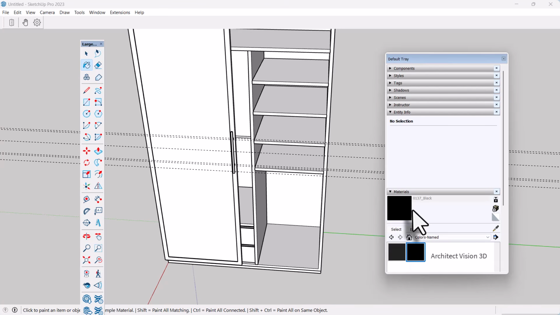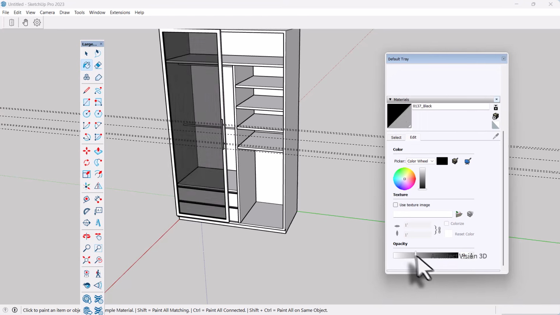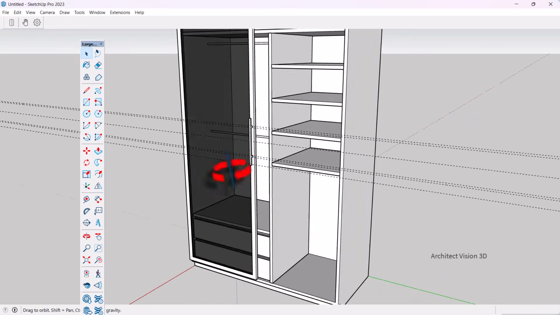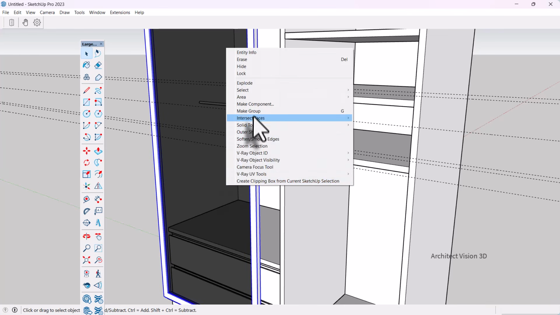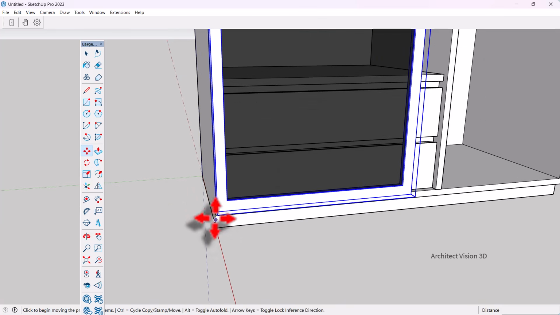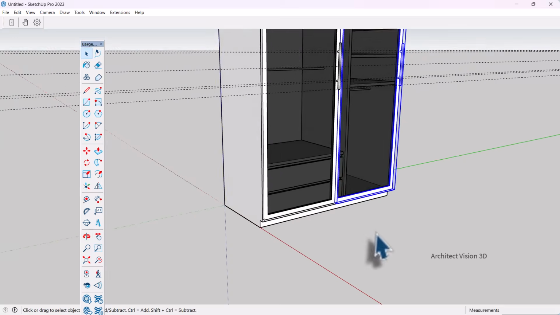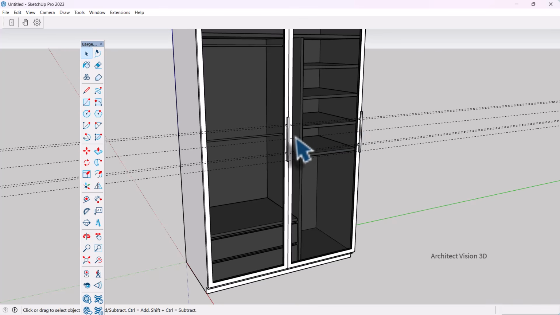Okay, click on black. Okay, just apply here and edit. Turn this to the 50. Okay, press back. Okay, and then I hold control, just like 1, 2, 3, right click, make group together, and I use move tool plus control to copy. Okay, here. Okay, now again, you see that the handle here, but I want the handle here, and then I